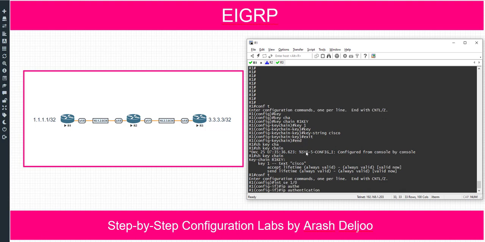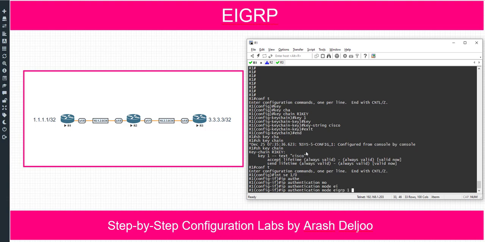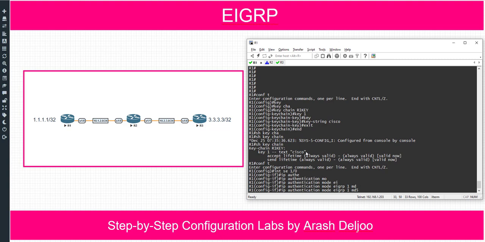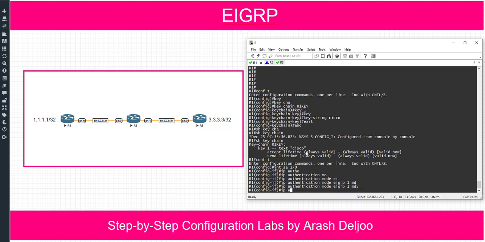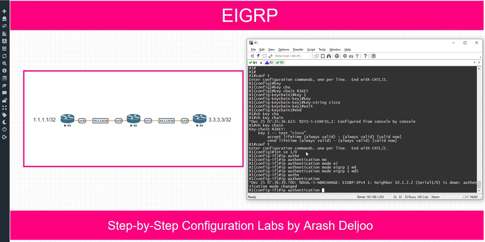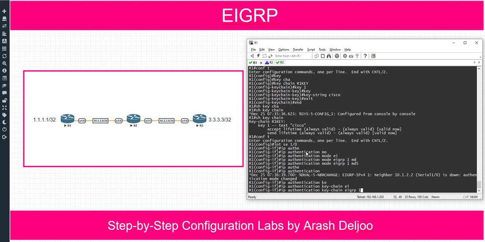First, IP authentication mode for EIGRP1 is MD5. This is the only mode that we have in classic mode. We don't have any other mode, but we should configure it. IP authentication mode EIGRP1 MD5, and after that IP authentication keychain for EIGRP1 is the name of the keychain, R1